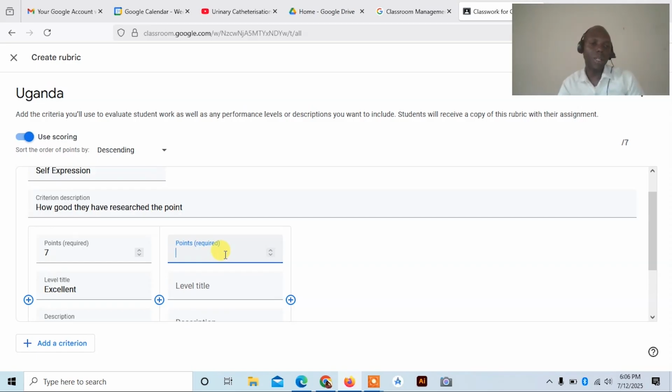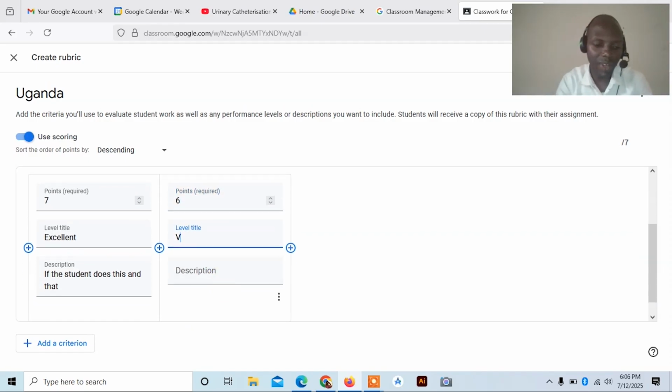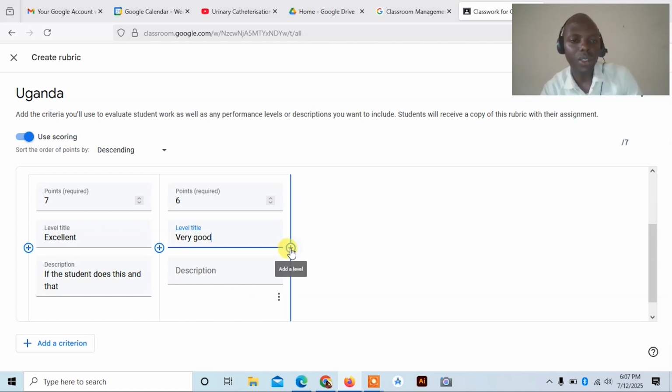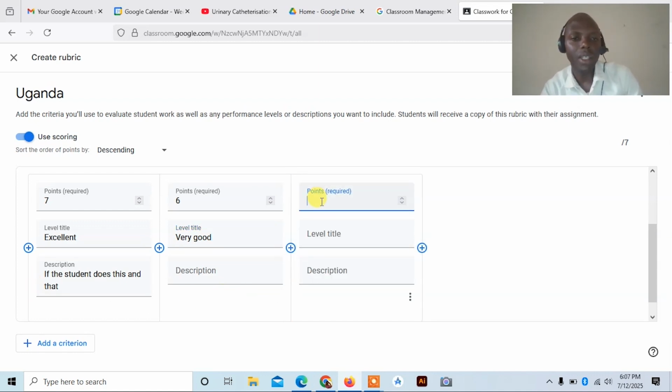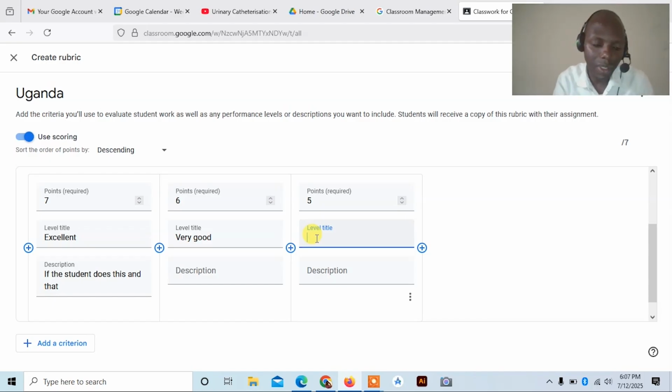Then you might give them maybe 6 if they are just very good, and you also give that description. What if they are not very good, if they are just quite good? This is 5, and maybe this is quite good,